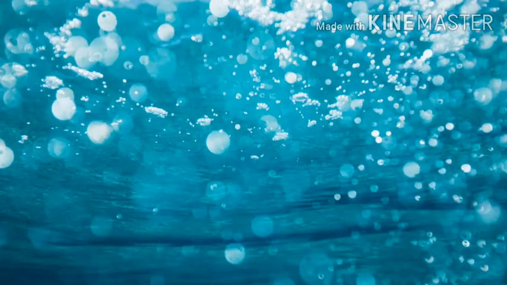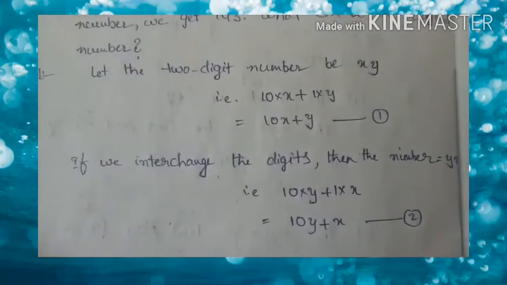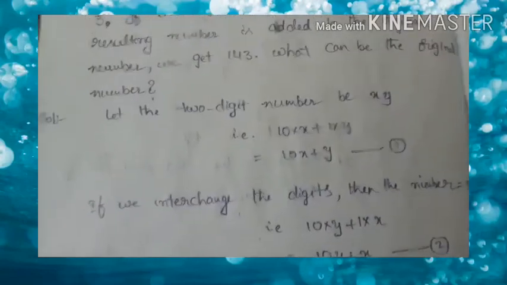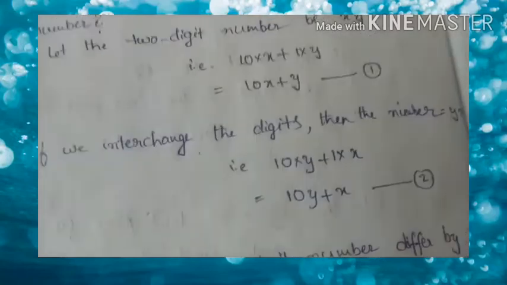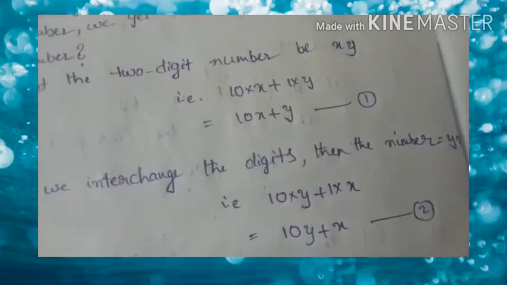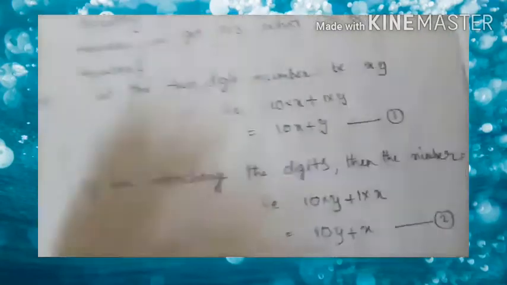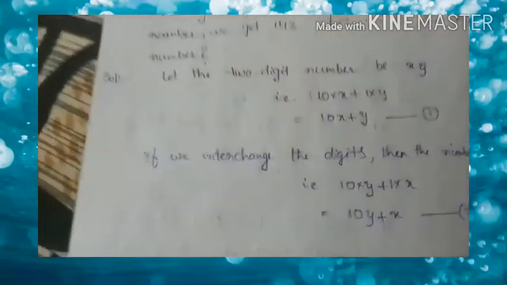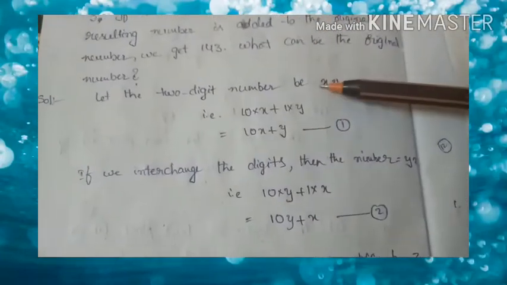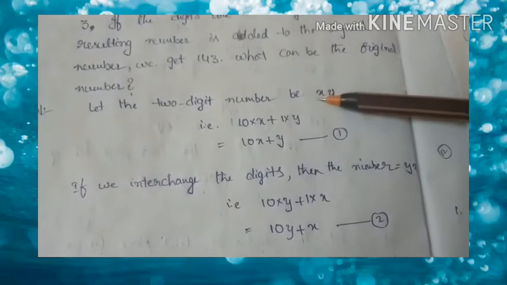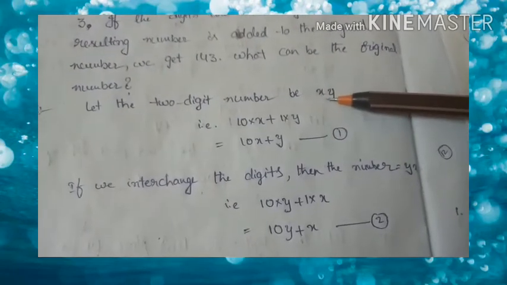So suppose they give any type of digit-based number problem, you should write it in expanded form only. Did you get it? First of all, take any 2-digit number as xy, but you have to convert the other variable, that means convert it into one variable only. Whatever, suppose you take the y value as x, you will try to find the x value in terms of y.